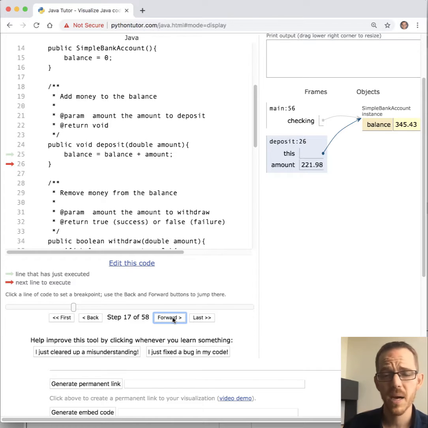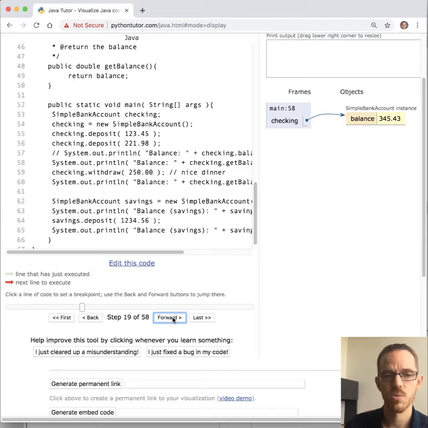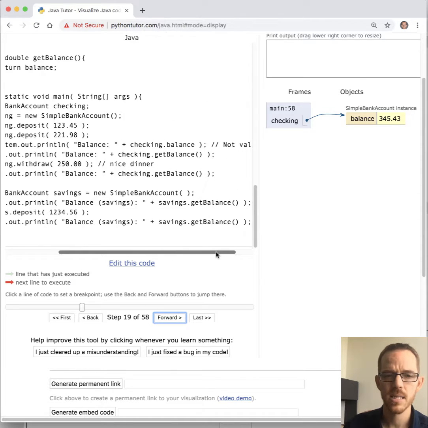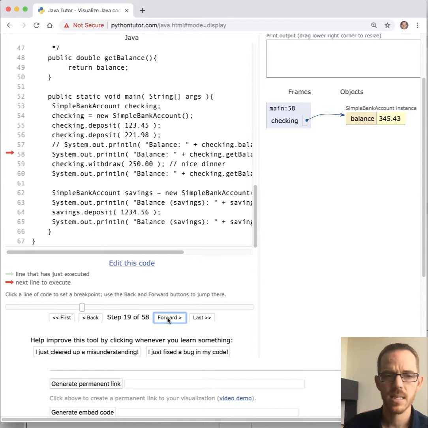You're welcome to go to Python Tutor /java.html and paste in your code and have it execute and see it as well. So remember, we commented this out because it wouldn't even compile, and now here we're calling getBalance, and System.out.println after that.